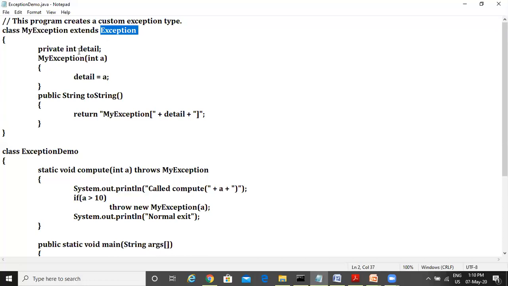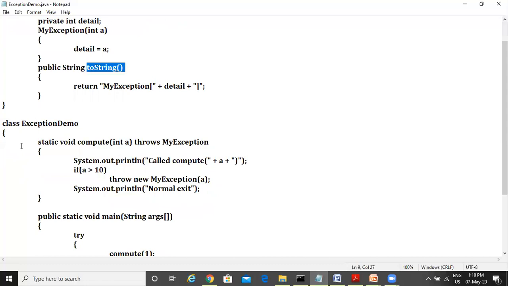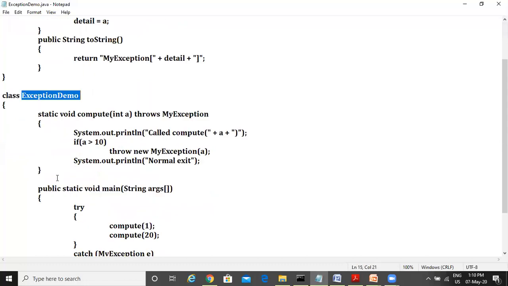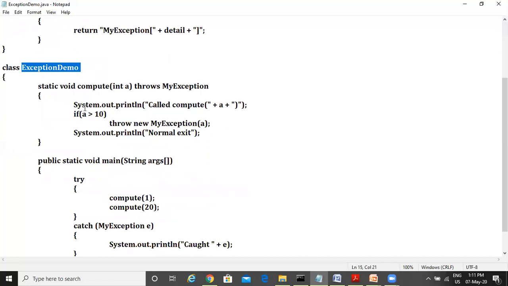Now, what is the variable contained inside? detail is the variable, and by using the constructor we are giving a value to the variable, and there is a toString method which is being overridden. This toString method is present in the Throwable class that we are overriding here. And this is your main class. ExceptionDemo is your main class. It has two methods: first the compute method and second the main method.